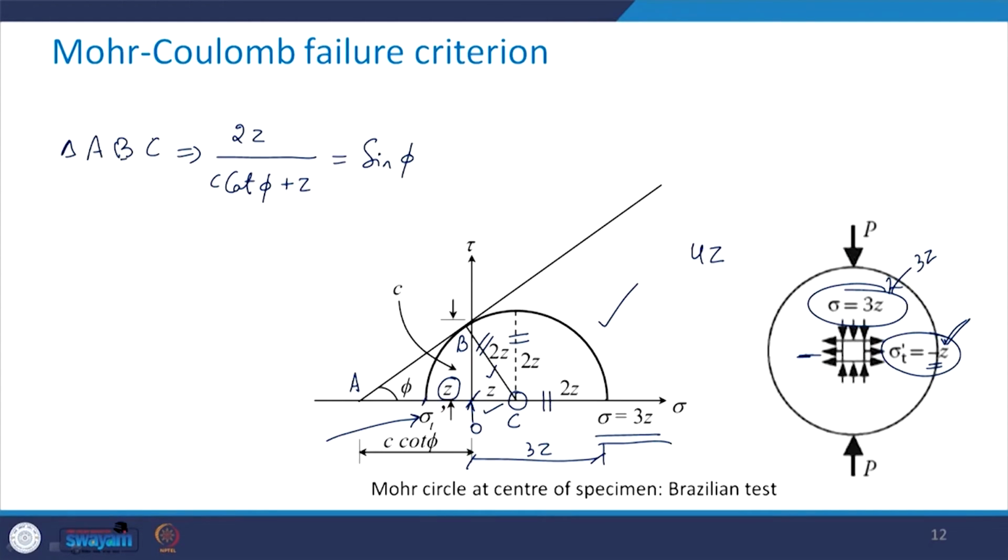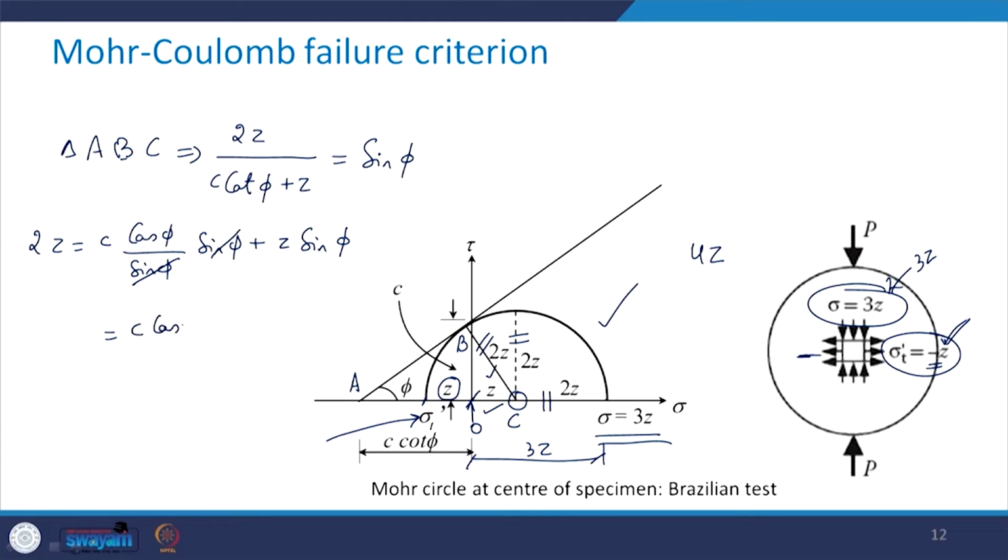Now just simplify this. So what we are going to get is 2Z equal to C, which I can write as cos phi upon sine phi, multiplied by sine phi, plus another term Z sine phi. So this will get cancelled out,